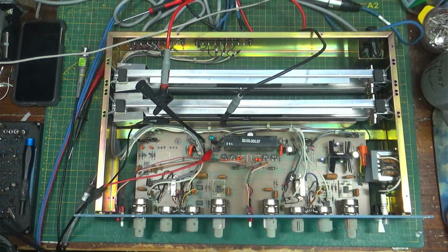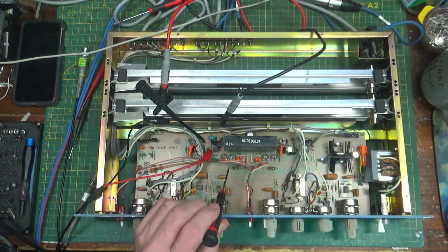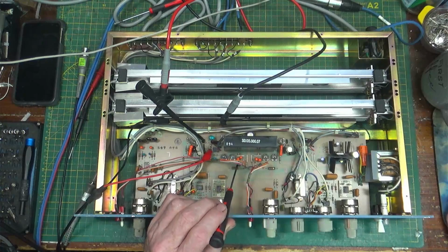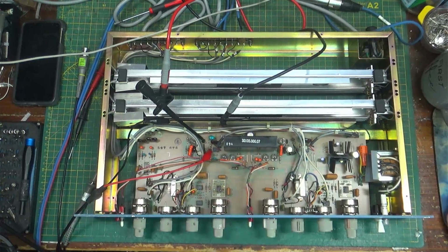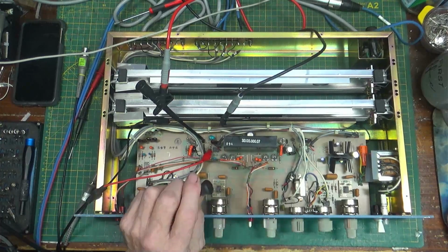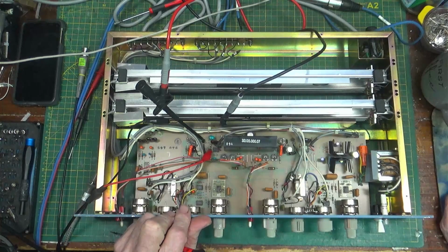With the oscillator turned off, adjust R181, the offset, which is this one right here, so that the VTVM reads about plus 0.5 volts. And then back R181 off slowly until the VTVM starts to indicate that the voltage is going negative, and then move it just a little bit more counterclockwise and leave it there. So let us get the